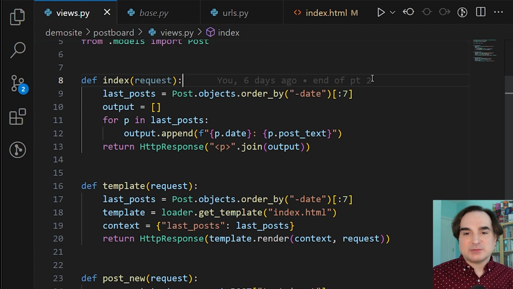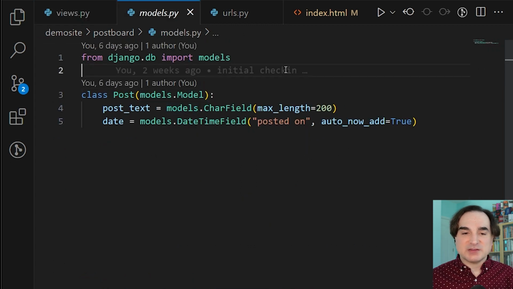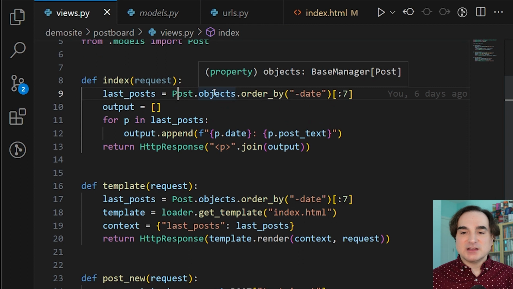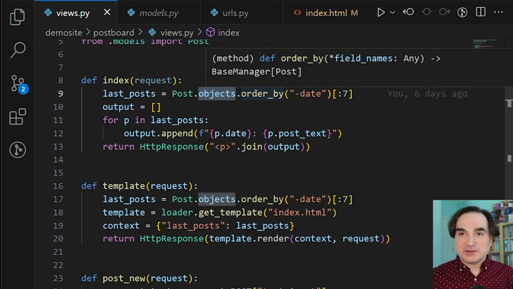So let's step through how this works. You may remember in the last episodes how we have a Django model, basically a Python class, as our interface to what's in the database. We have the model Post to represent a table of posts made to the message board. Now, when we want to run a query against that table and do something with the results, we use methods on the Post object, like this: .objects to obtain all of the objects in Post, and then order_by to sort those objects by some column.